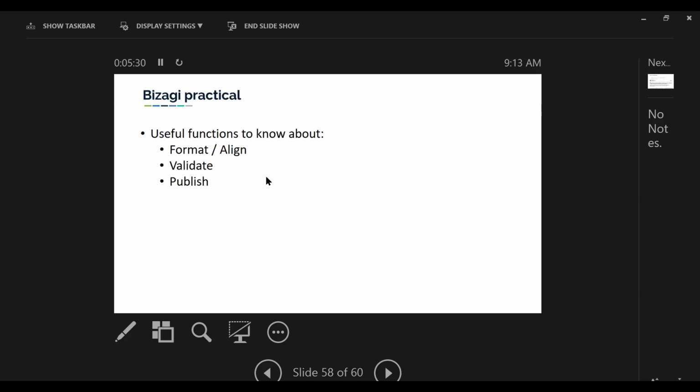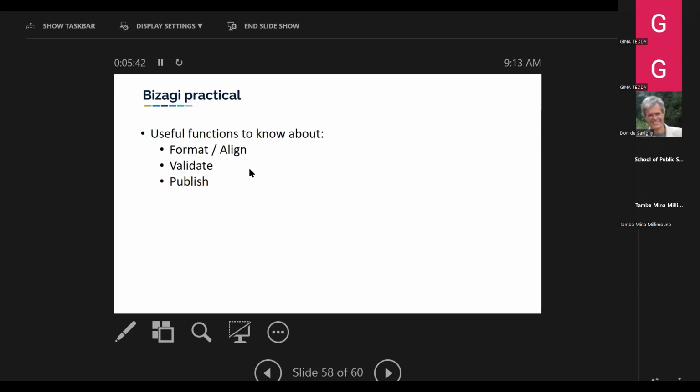There are just a couple of things you should know about. When you're in Bizagi, there's a few very useful functions that people don't notice. I'm just going to tell you quickly, and then I'm going to demonstrate them a little bit later. One is under the Format menu, there's an Align button, which helps all of your tasks on your map. Once you drag and drop them, they can be kind of out of place, and it will align them in a very neat way. There's another button called Validate, which will proofread your